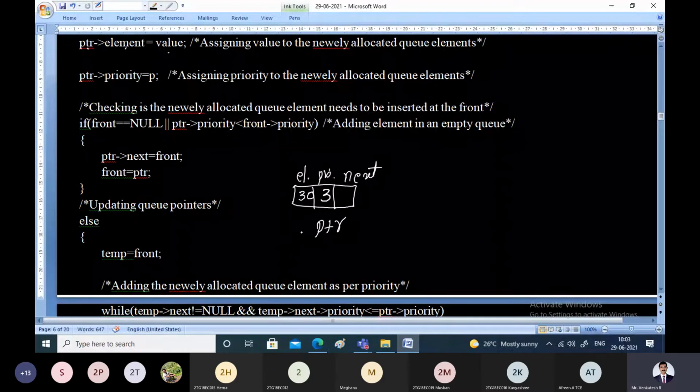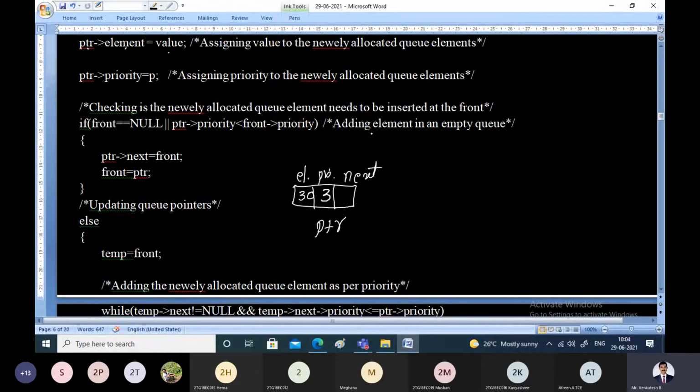That means we check whether the newly allocated queue element needs to be inserted at the front of the linked list. There are two possibilities when you can insert it at the front.